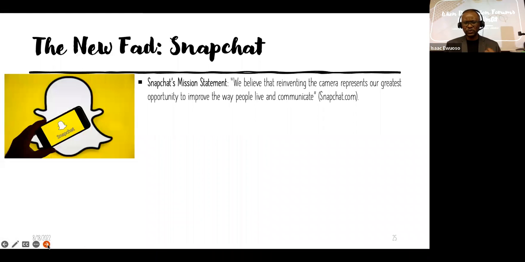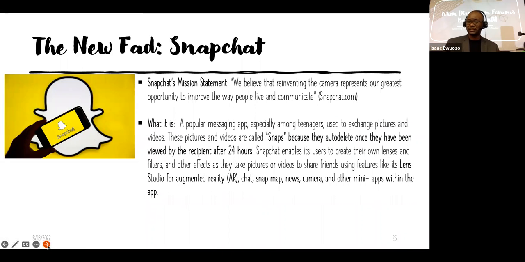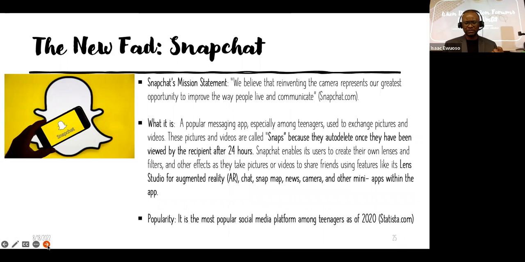So just a bit of information for those who may be interested. Snapchat has a mission statement, and the camera is video and photos. The disappearing feature to me stands out, as no other social media platform compares with Snapchat.